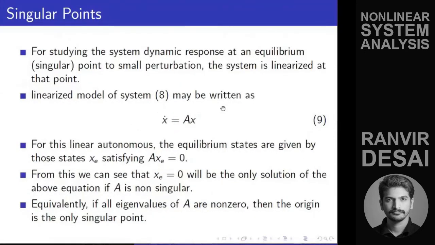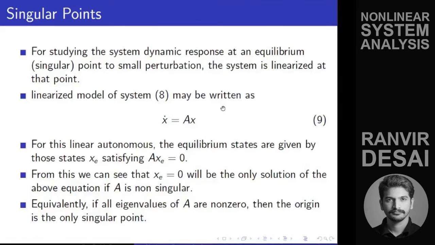So for studying the response of the equilibrium point to small disturbances, we consider linear systems. Like I said, there is a quote from Richard Feynman: linear systems are important because we can solve them. So whenever we are studying nonlinear systems, these linear systems will pop up, just to make understanding clear. Because we go step by step, right? The first step in every analysis would be linear systems.